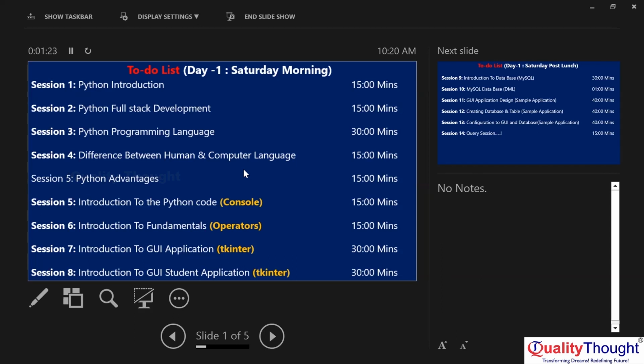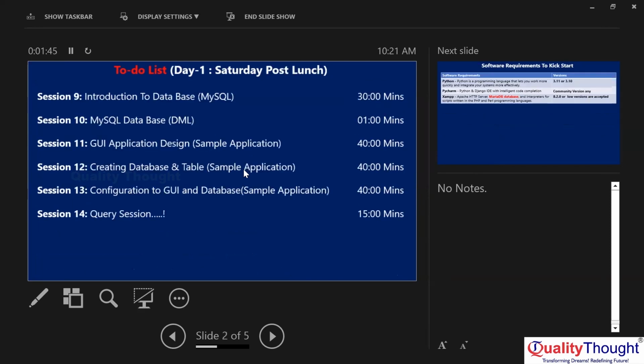The three things will be configured in the afternoon session, most probably. In the morning session, we'll be covering the designing concepts as well as the programmatical concepts in the first half. And the last one, the introduction to the student application, a small application related to students, followed by some small homework for you, like an assignment. In the afternoon session, we are going to start working with the database,